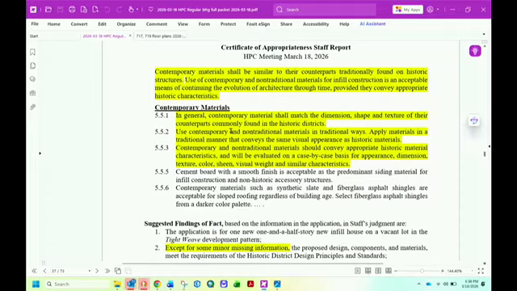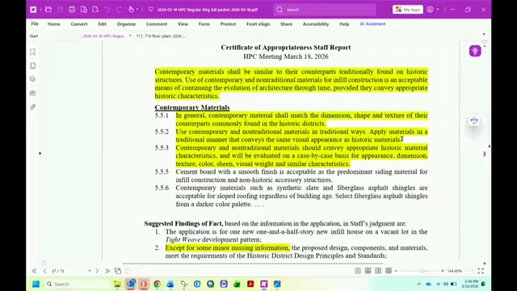Secondly, use contemporary and non-traditional materials in traditional ways. Apply materials in a traditional manner that conveys the same visual appearance as historic materials. As I was looking today through some information, I saw that Home Depot was selling hardy board, and they were suggesting an alternative method for trim where hardy board and trim meet, whereby the trim just overlaps on top of the hardy board.